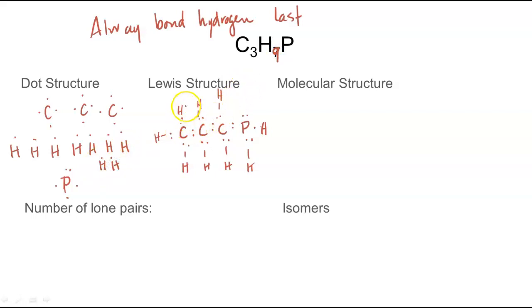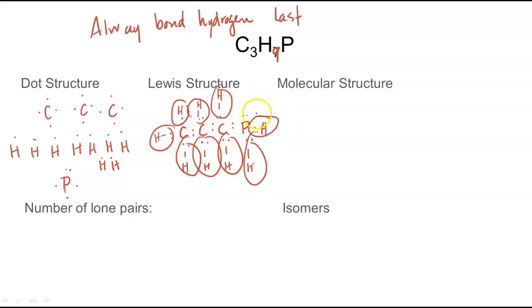All right, so I again check, do my hydrogens have the 2 valence electrons? Yes, they do. And this one it does as well. There we go. Does my phosphorus have the 8 it wants? Yes. Does the carbon have the 8 it wants? Yes. Remember, they're sharing electrons so that they can overlap. There we go. And so the structural formula for this is